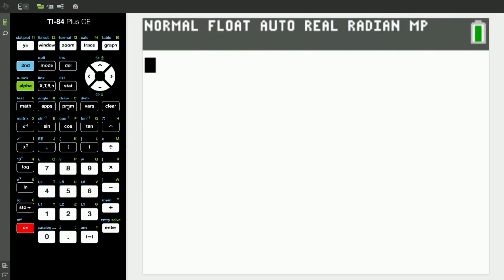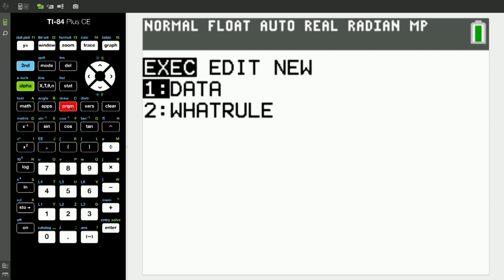So do you see about one over and one down from the arrows where it says PRGM? I'm going to push program. Now, yours probably only has data, because I was actually doing something with some teachers not too long ago, and I did a what's the rule thing. So do you see, look up here and it's red. When you look on the emulator, you can see which button I pushed, it is red. And do you see data?